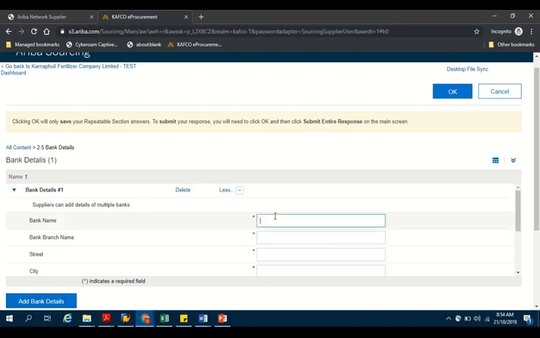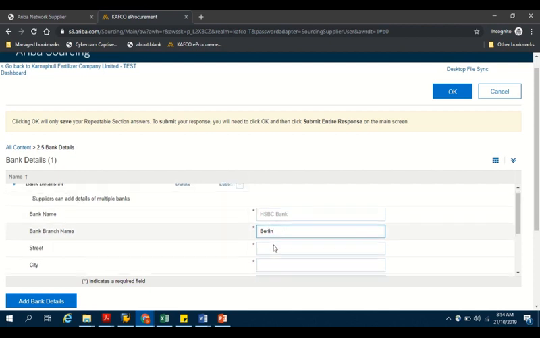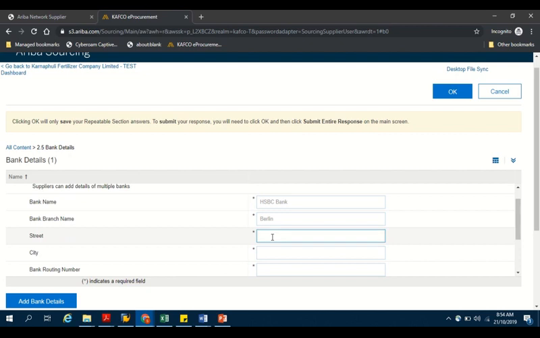So say I add my bank name, where my bank branch is, bank branch name, the address, which city is it in,